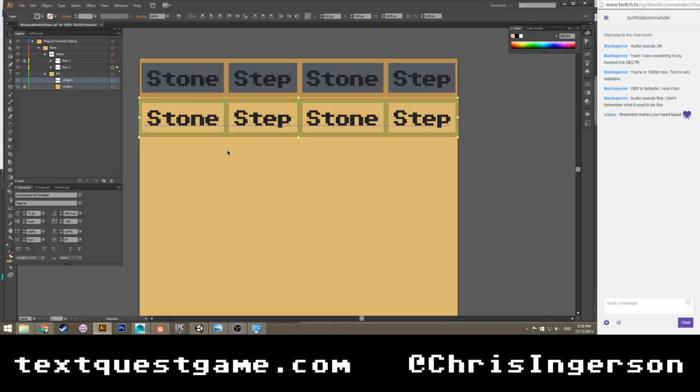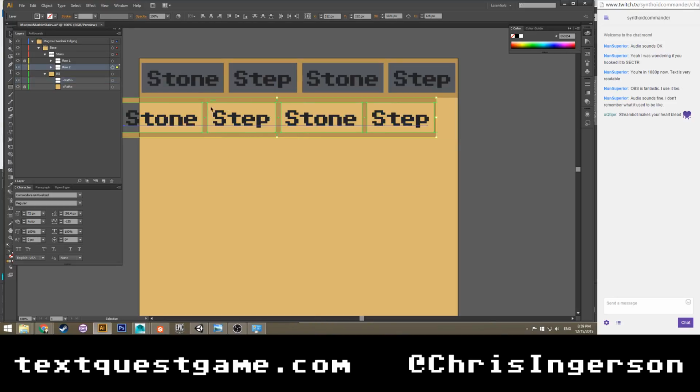So there wouldn't be stone, stone, stone, stone, stone all the way down on that first one. It would be stone, then stone and step, sort of offset, sort of like this. That's probably still fine. Just means that I have to add that to the left and to the right. Of course I do. Yeah, okay, we can do that.